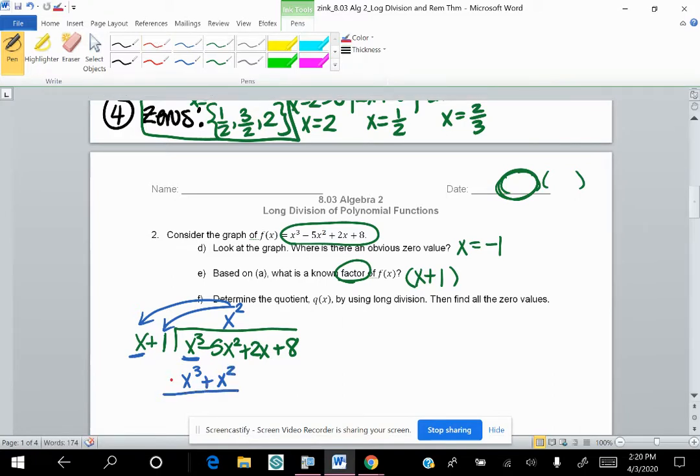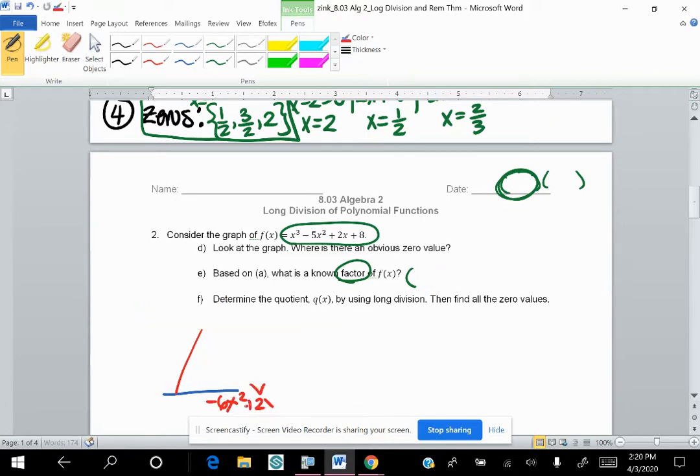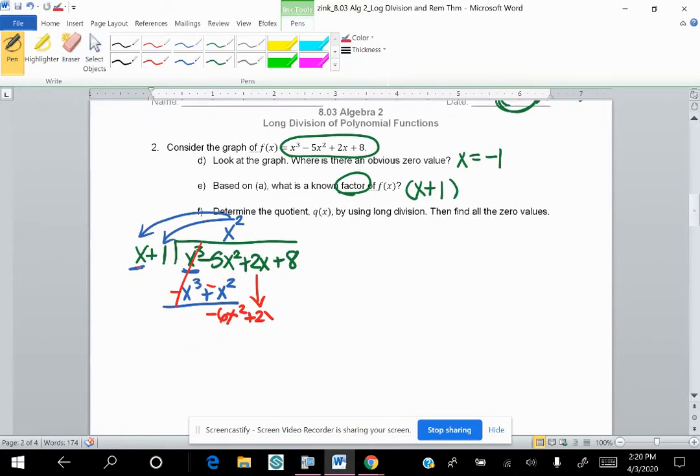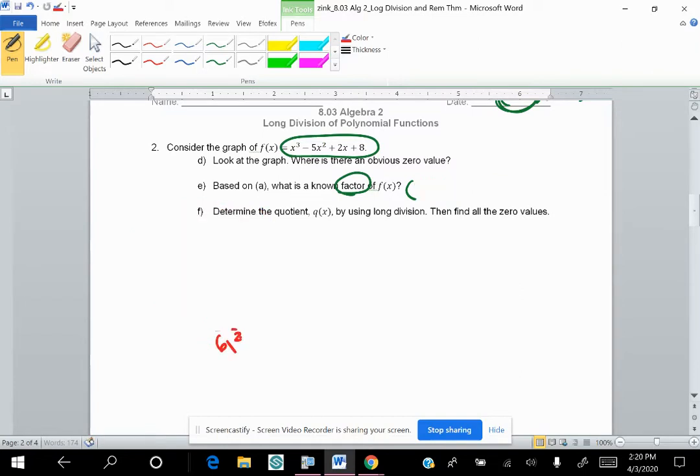Then we're going to change the signs because we're going to subtract that whole binomial. These cancel. I get -6x squared. Drop down my next term, which is plus 2x. Now I do the same thing here. I look at just x. X times what gives me -6x squared, and that's going to be -6x. Line it up over the x and do the rainbow. So that gives me -6x squared